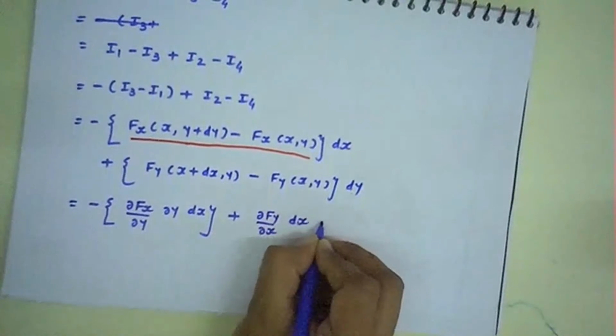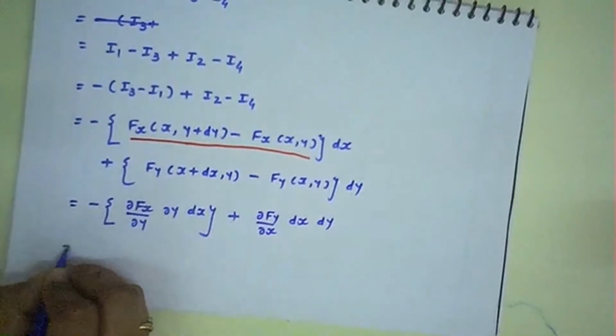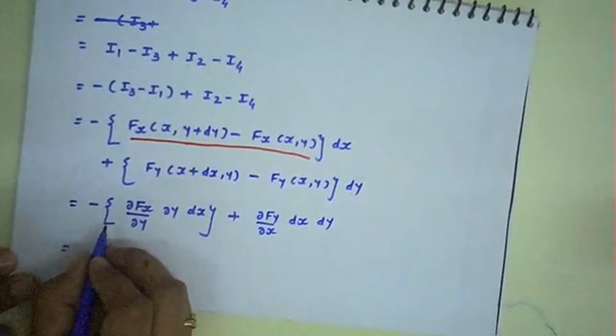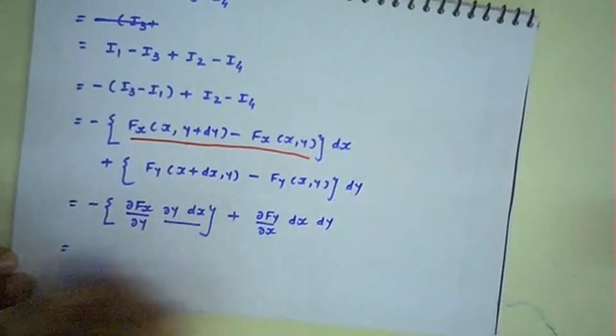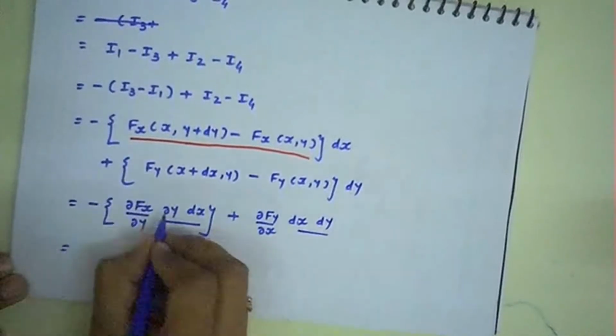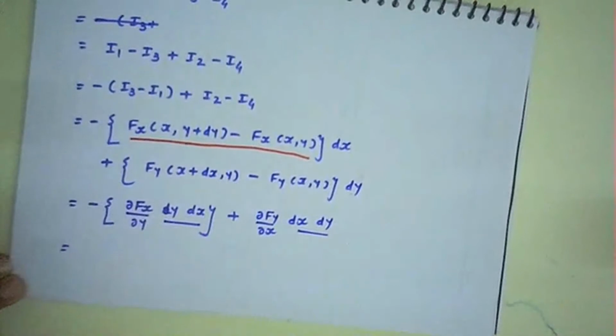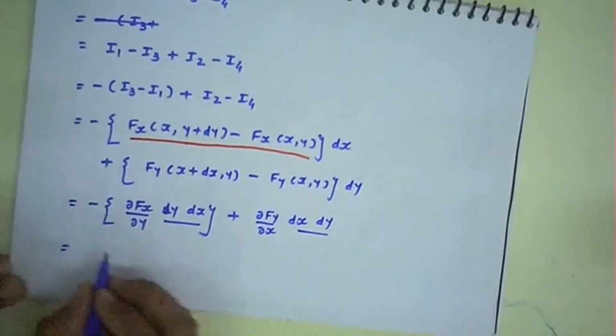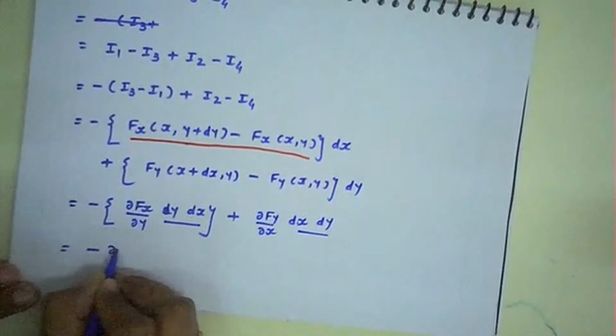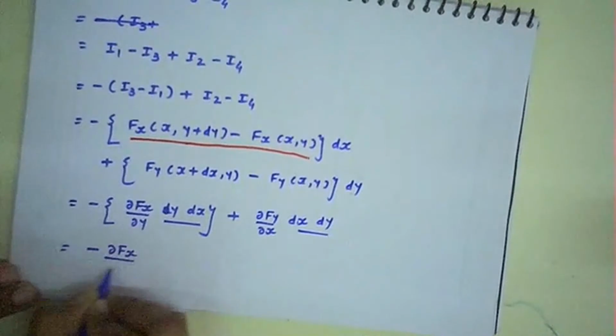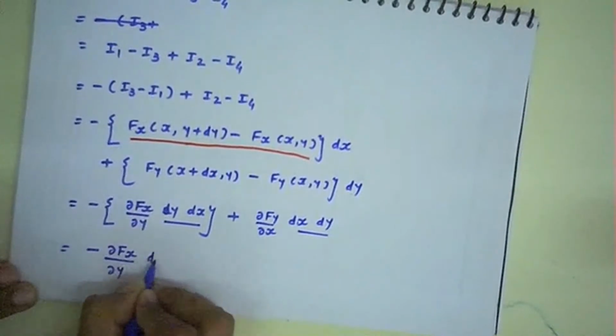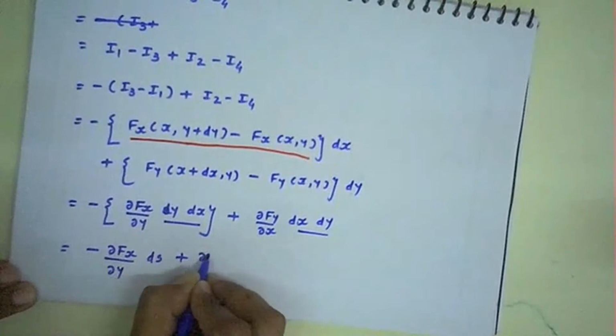That is dx, and dy is already there. The product dx dy results in the differential area. So here minus ds plus